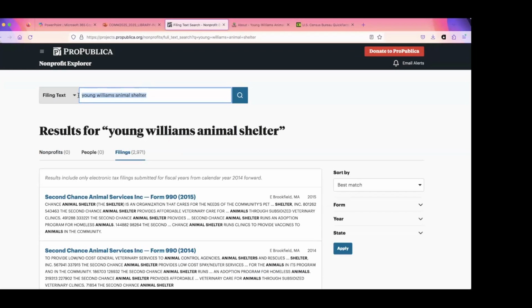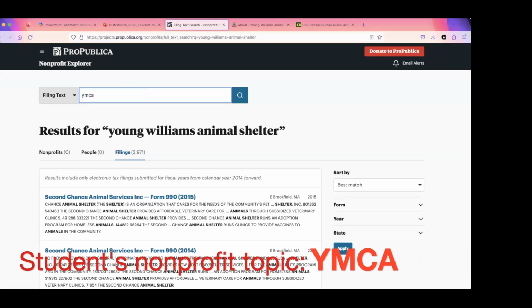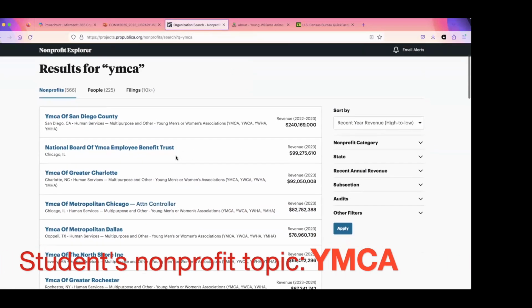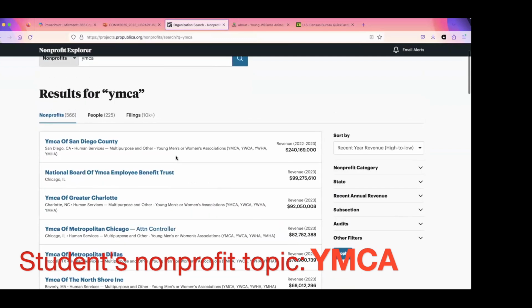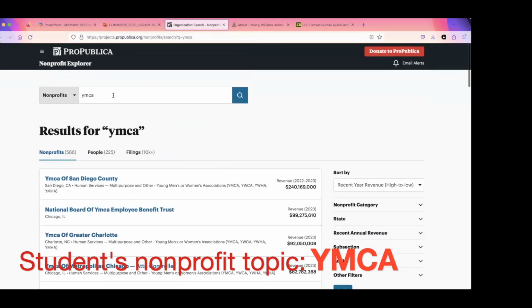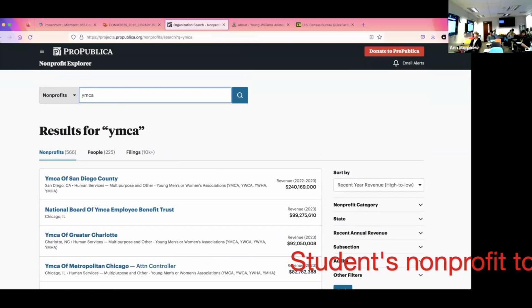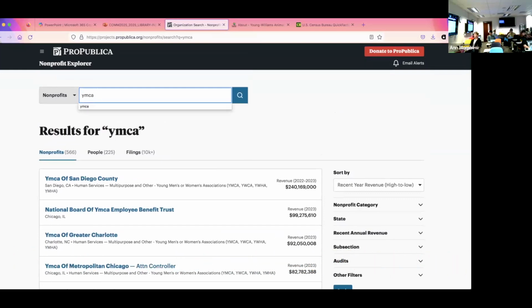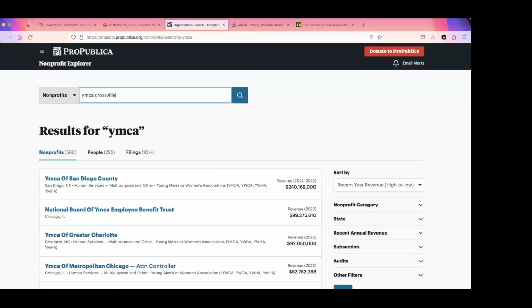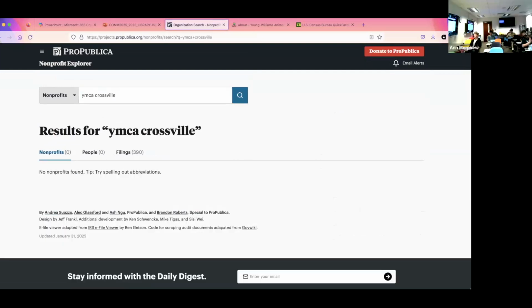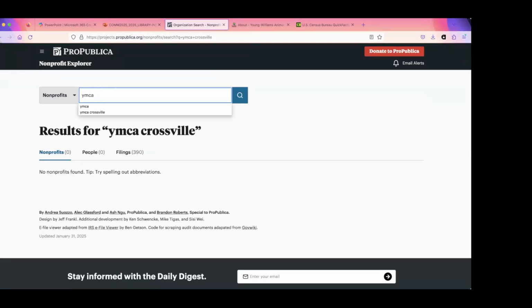But let's look at something. If you all want to tell me a name, or I can look at something else. Anybody doing a nonprofit? YMCA. Perfect. So let's see if we can find it. Is it a particular branch that you're looking at? The one that's opening here in Crossville. A new one that's opening in Crossville. Yes, ma'am. Now, because it's new, there's no information. However,